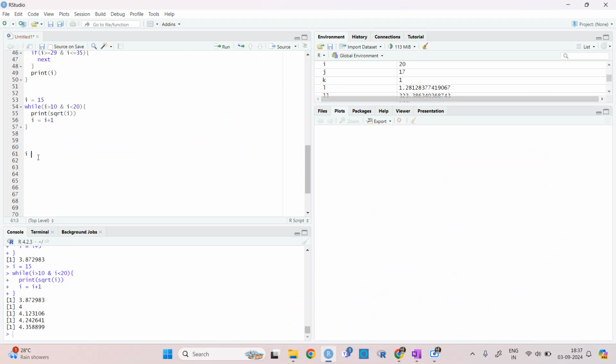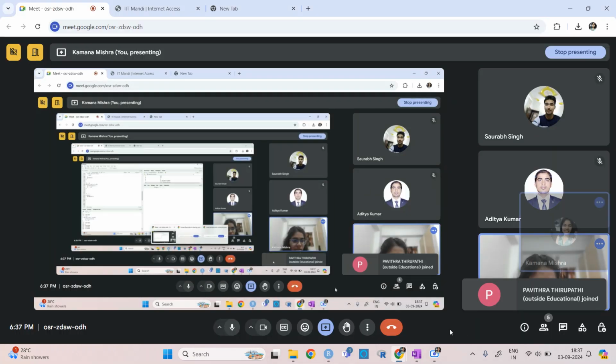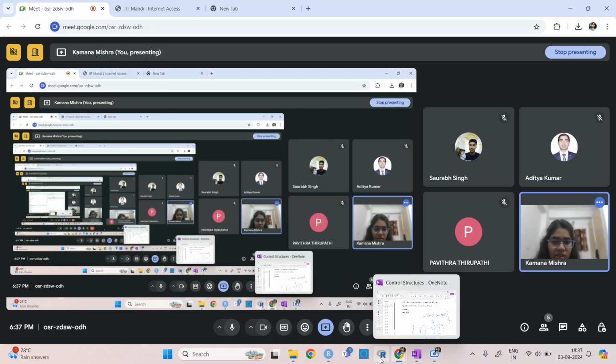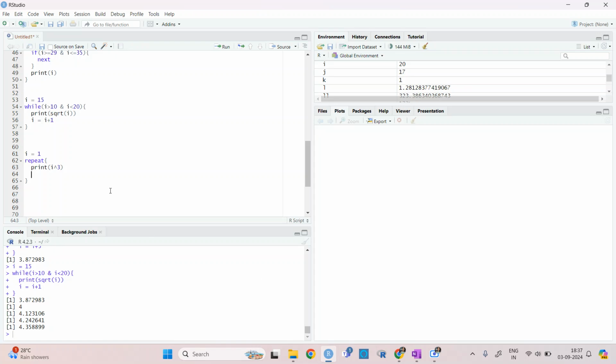So now let's say we have i is equal to 1, right? And then for the repeat command, let's say I'm writing print i cube.